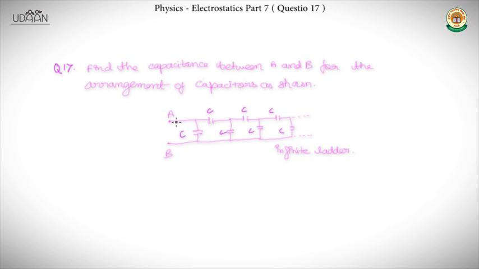Think of it as, since it is an infinite ladder, if we reduce, say, one part of it, say if we remove this part and we only find the equivalent capacitance between this point and this point, say consider it PQ, then that would still be the same as the equivalent capacitance between A and B. Yes, because it is an infinite ladder, so it would be the same. You mean that the equivalent capacitance between A and B should be equal to the equivalent capacitance between P and Q. Exactly.